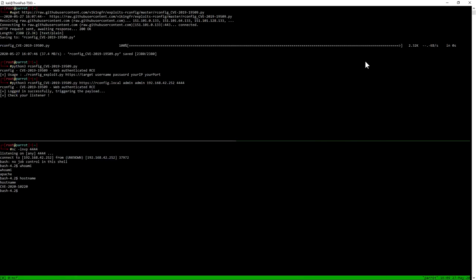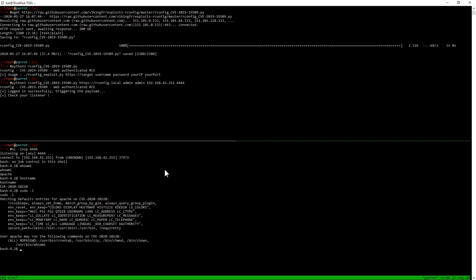I can see which binaries I can execute. In the last part, it says that without a username and password, I can use crontab, zip, chmod, sudo, and whoami. To simply confirm, let me use whoami to see what exactly I get. So sudo whoami, and you see I am root.